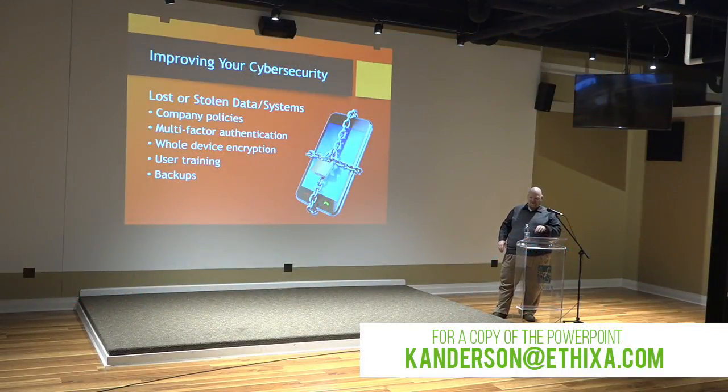There are also authentication apps that you can use. Google has one, Microsoft has one, that generate an encrypted code on a regular basis, and there's biometrics and a whole host of other options for multi-factor authentication. It seriously makes things more secure. Whole device encryption is really important for mobile devices in particular,